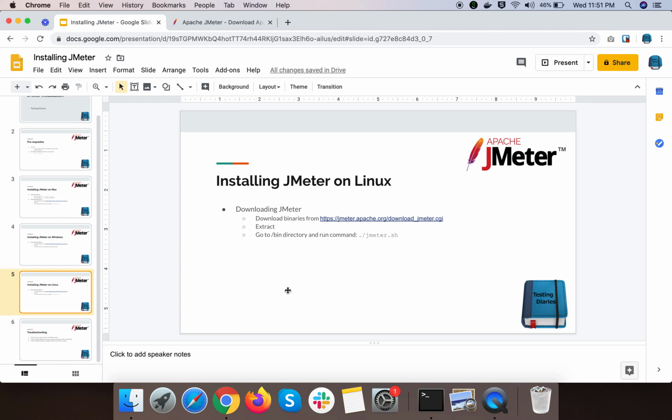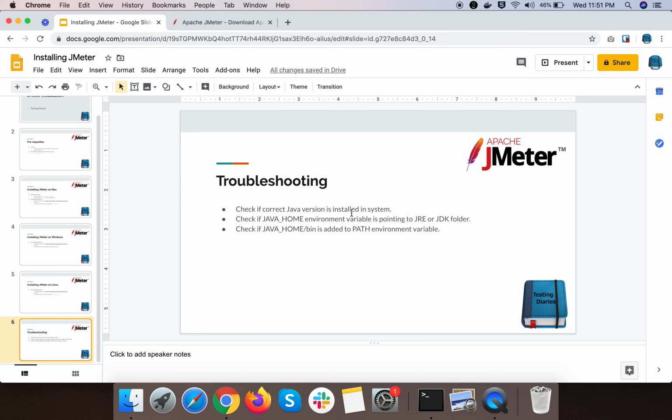But in case you were not able to run JMeter with the steps that we have just seen, you can do some troubleshooting with these steps. First of all, check if the correct Java version is installed in your system. Like I said, the latest JMeter versions require at least Java 8.